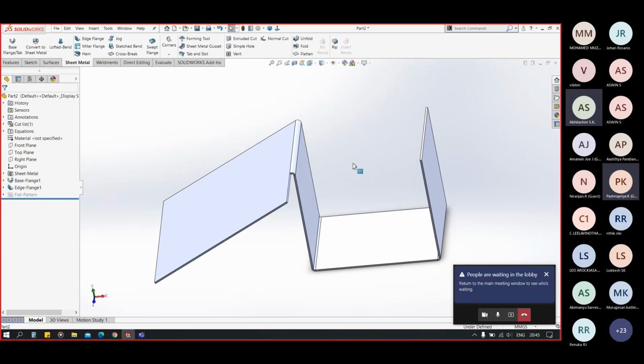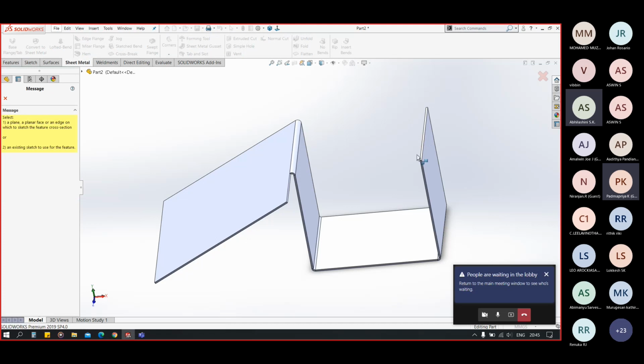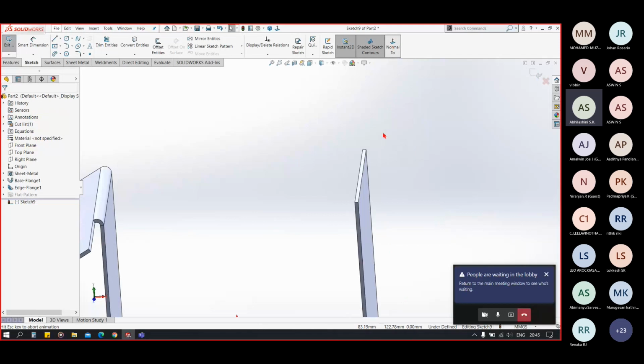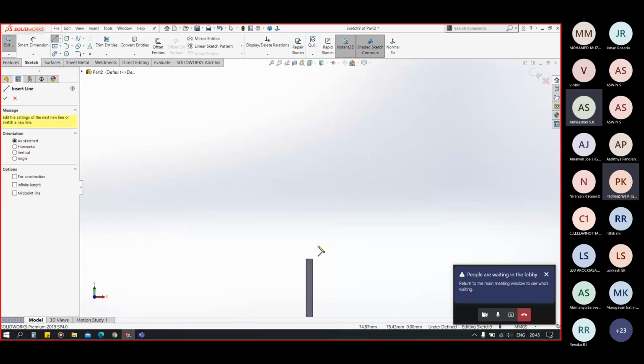Now similarly we have miter flange. In the miter flange we have to draw a sketch on the face of the edge to make a flange profile.